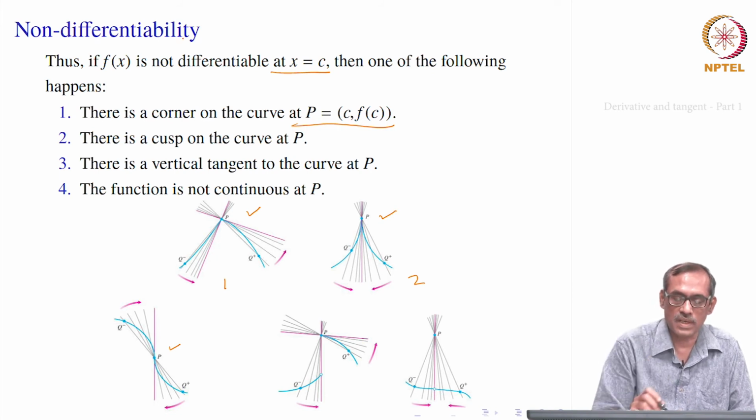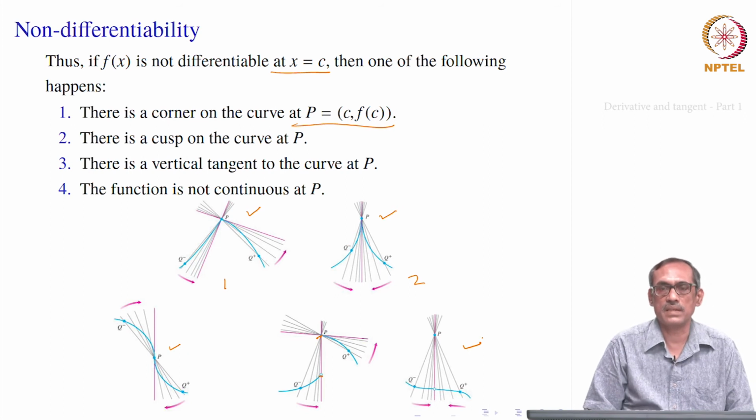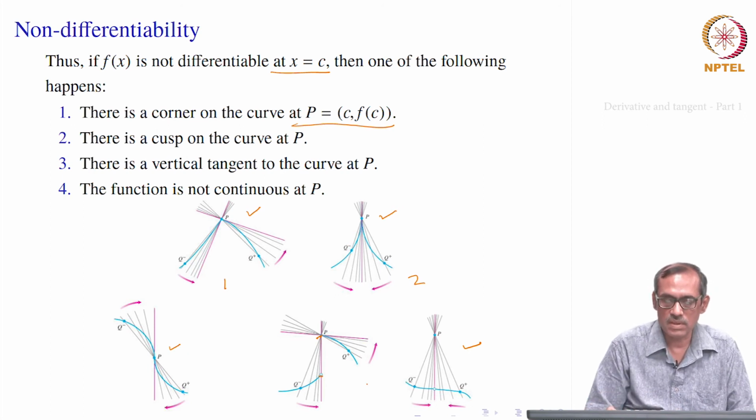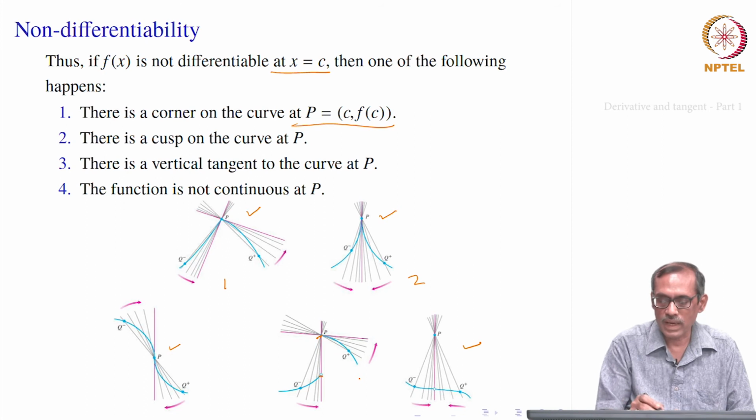Or this condition that the function is not continuous at x equal to c. So, when it is not continuous, it can have two types of things. There is a jump, where the limit does not exist, right. The limit of the function as x goes to c does not exist. Here the left side limit is different from the right side limit. Or it can happen that the limit exists, left side limit and right side limit equal to some real number, but that is not the functional value. So, it is illustrated in this case. These are the 5 possibilities that can happen when a function is not differentiable at a point, looking at the geometries.